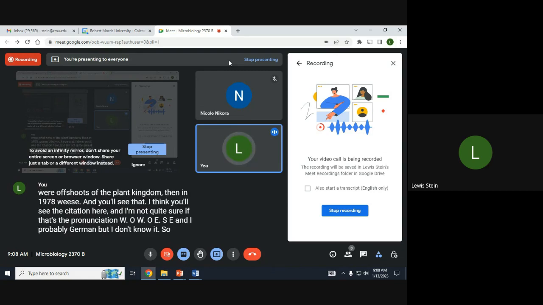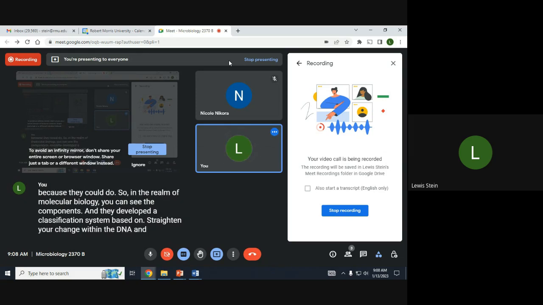That particular scientist worked in the age of molecular biology. He and his associates began to study sequences of RNA and DNA because they could do so in the realm of molecular biology. You could see the components. And they developed a classification system based on change within the DNA, and interestingly, the density of the RNA, because now you're going to have to know about this bad boy, the S unit. S stands for another scientist whose name is